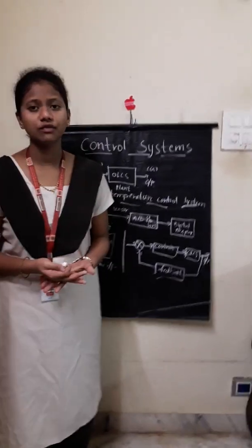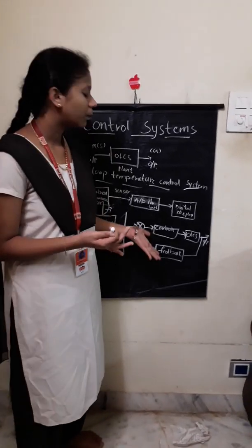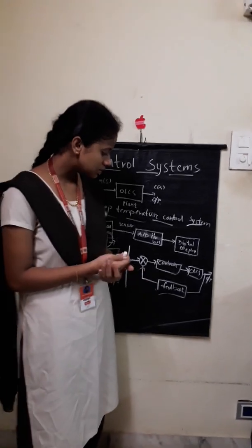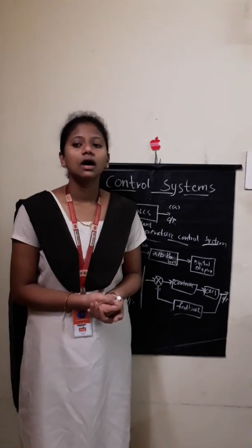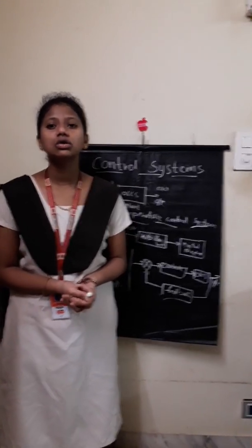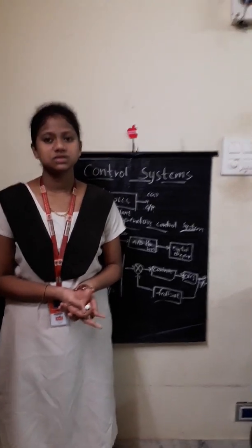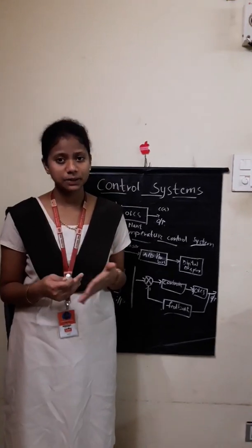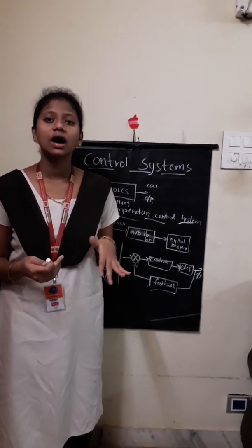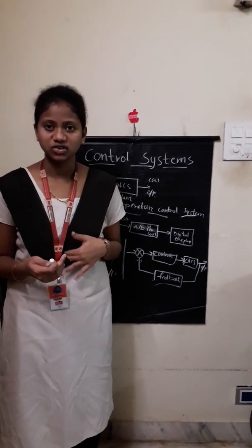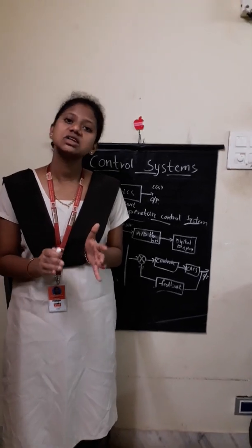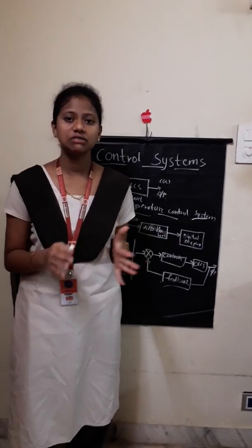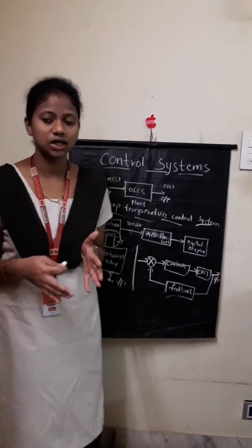And an example of the closed loop control system is a closed loop home heating system. It means the temperature is detected by the sensor in the heating system against our desired temperature. It means some particular temperature is fixed in it. We need not give a temperature to it. It will have some fixed temperature in it.